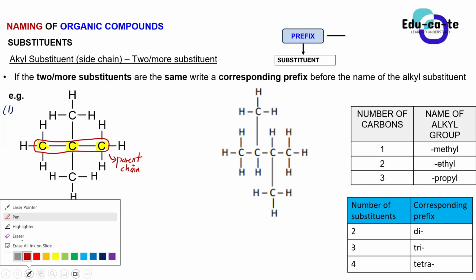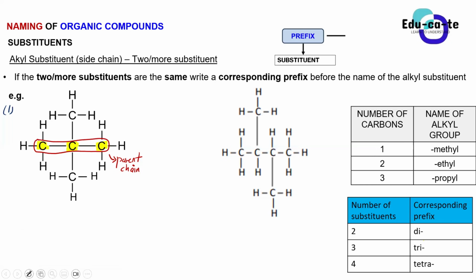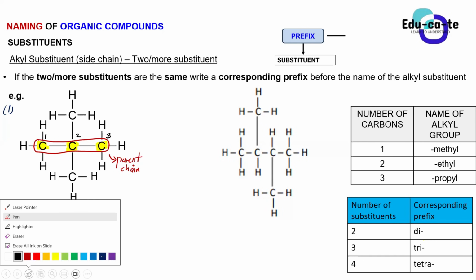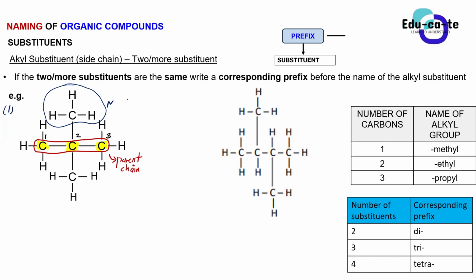If you notice very carefully, guys, and we number our carbons here, since it's 3 carbons, we can number from left to right or from right to left. It will be the same thing. So this is carbon 1, this is carbon 2, and this is carbon 3. On carbon number 2, the carbon in the middle of the parent chain, it is bonded to 2 methyl groups. On one side you can see this is a methyl group, because we have a carbon bonded to 3 hydrogens. That's your methyl group. This is 1 methyl group. But on the other hand, down here, guys, we are still having another methyl group.